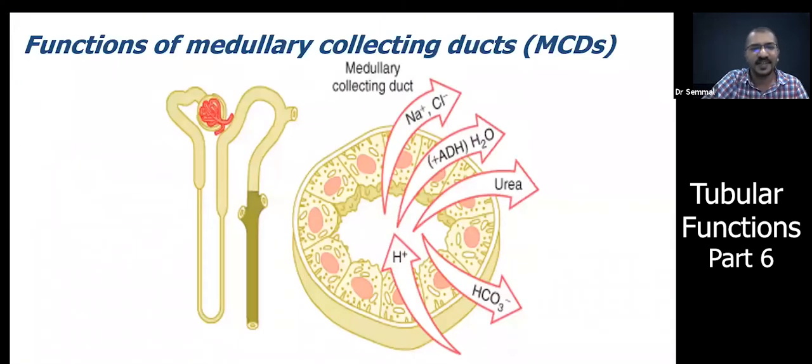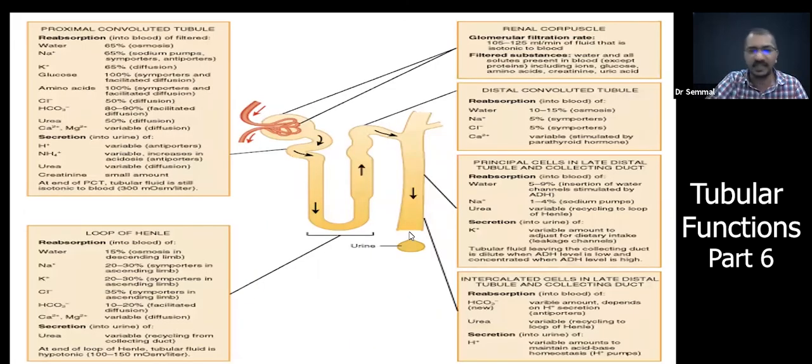This is a function of the medullary collecting duct: sodium reabsorption, chloride reabsorption, and, if antidiuretic hormone is present, more and more water reabsorption, urea reabsorption, bicarbonate reabsorption, hydrogen secretion. Finally, when you see this slide, you have to spend a lot of time on this slide before going for an exam, because it clearly shows the glomerulus. This is the afferent arteriole, the efferent arteriole. Coming is afferent, going is efferent. When you come from your home to the college, it is afferent. When you go from the college to the home, it is efferent.